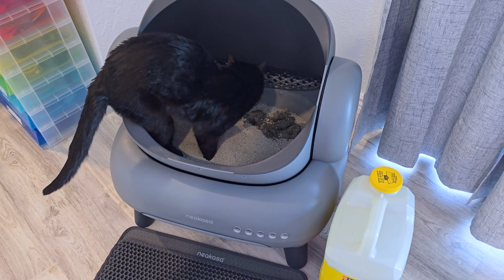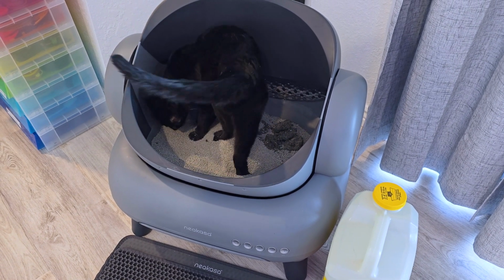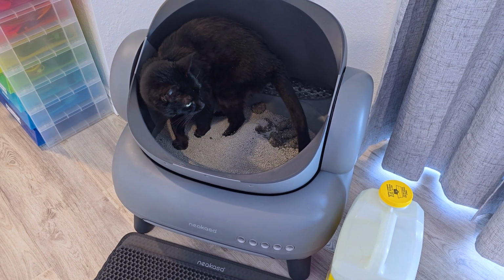Now, with your adult kitties, it's fully automated. Since I have this set up in my studio, it has to be quiet so it does not distract from my recording sessions. It's also super quiet. 50 decibels is the quoted noise level, and my cat does not seem to mind it at all. She's also already used to automated litter boxes, so it did not take long for her to be curious enough